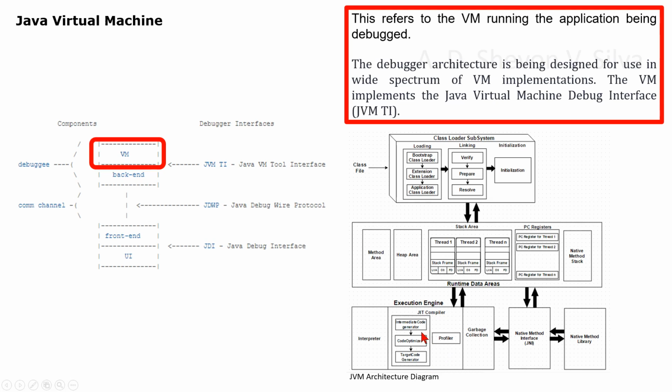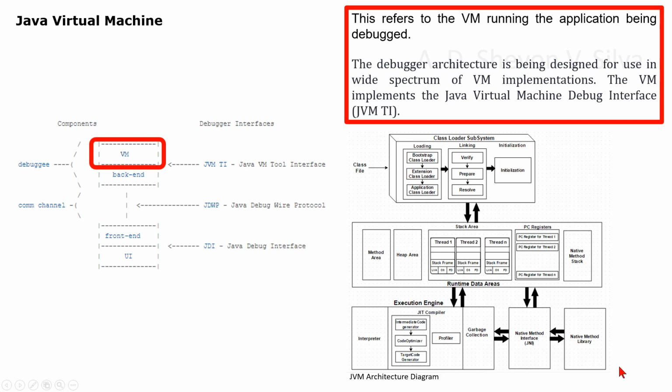Intermediate code generator is connected to code optimizer. Code optimizer is connected to target code generator. Execution engine interacts with native method interface. Runtime data areas are interacting with native method interface. Native method interface interacts with